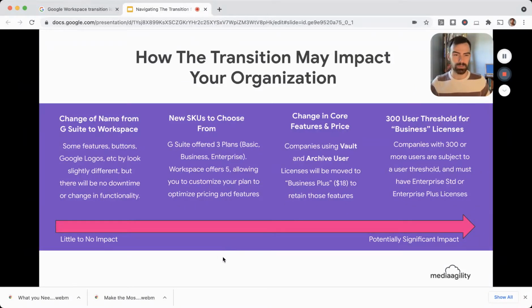And that's going to be first and foremost that there's going to be a change to some of the logos, some of the user interface. You're going to notice the G Suite is gone and that Workspace is there. If you're curious about some of the timing of this, please check out my other video regarding what you need to know about the G Suite retirement and G Suite transition,